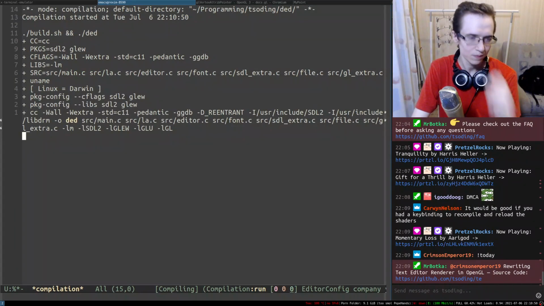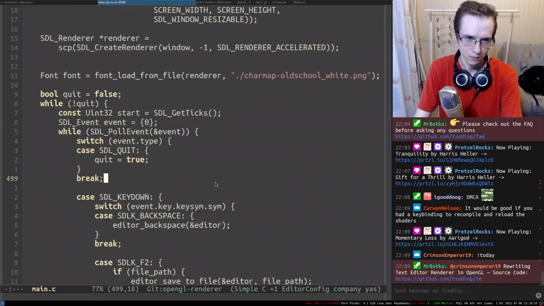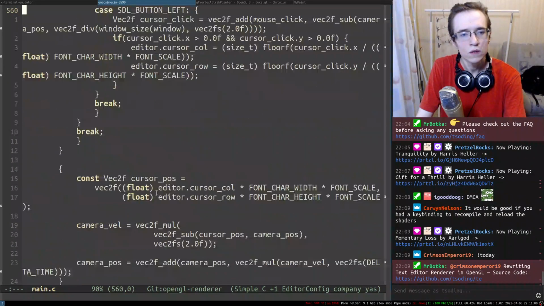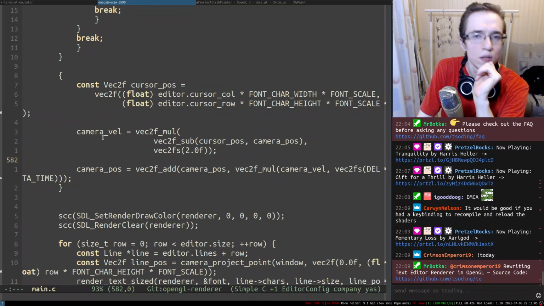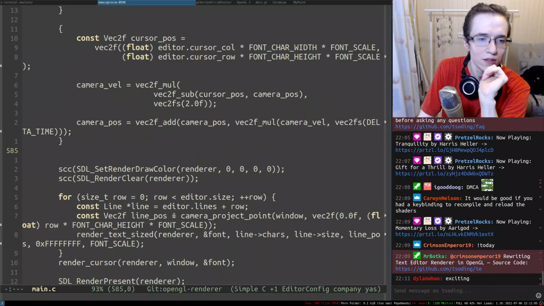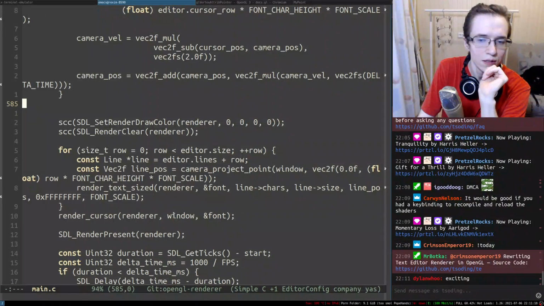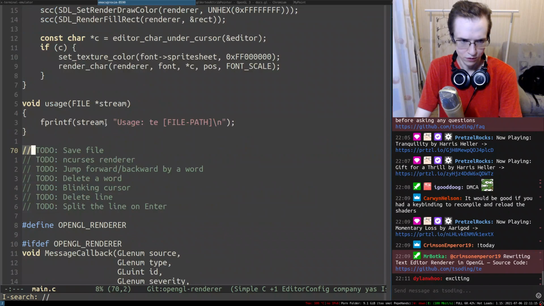Okay. So is it going to be compiling? Let's go through the compilation errors. It is in fact compiling. All right. So here's that. Then we have the cursor position. Then we set up the camera, and we might as well also put this thing in here.